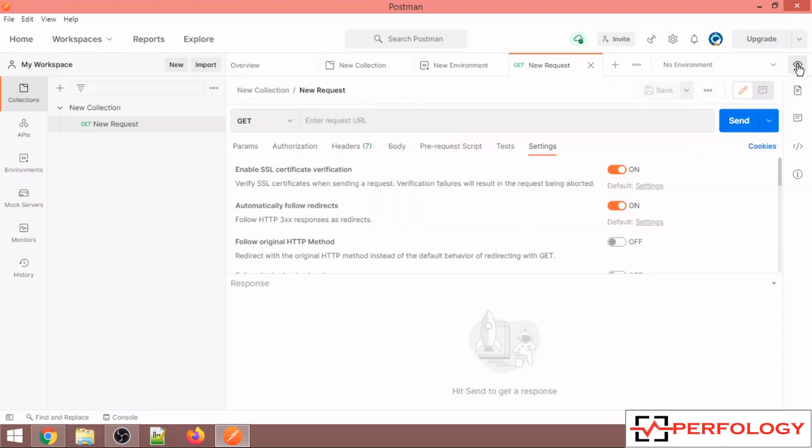After you have configured the request and you click on the send button, the response of that will be shown over here in this response section. So this was the basic understanding of the user interface of Postman. We will see in detail about each option in our next videos, and we'll also configure a particular request in Postman and see how to get that executed in Postman. So this was about the basic user interface of Postman.